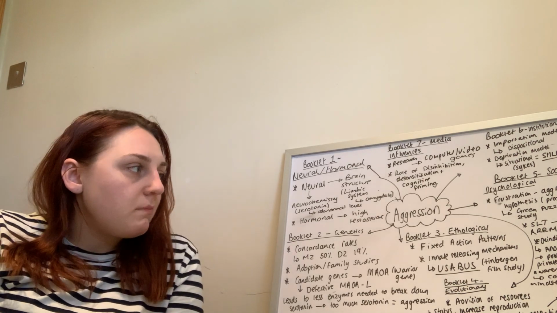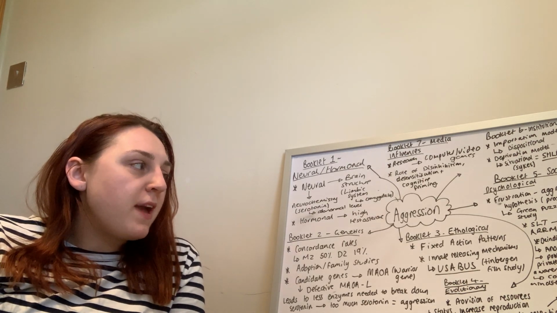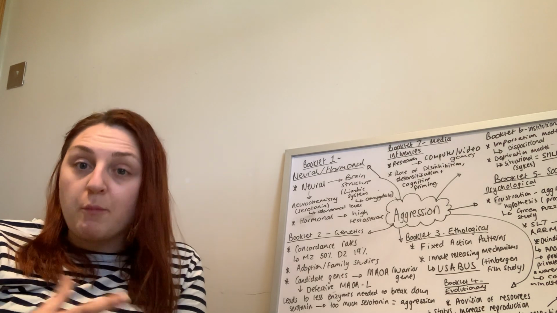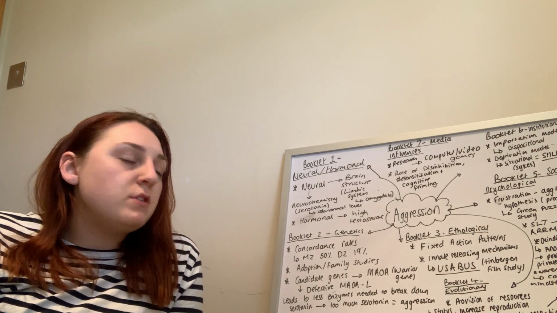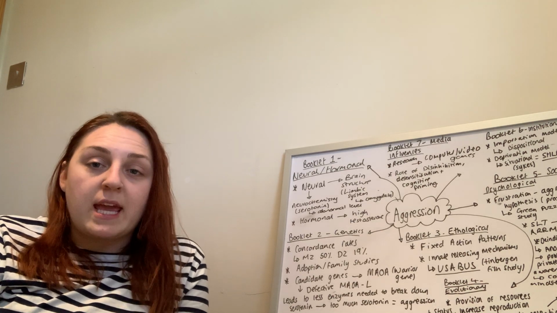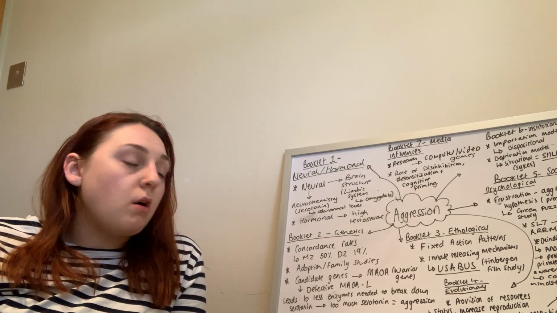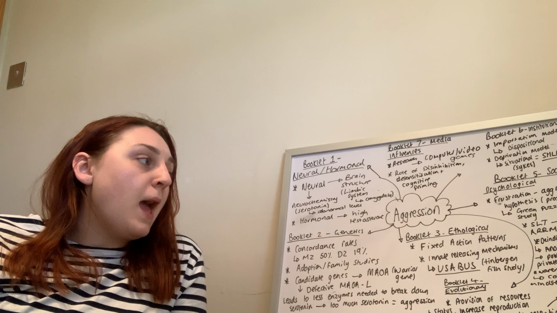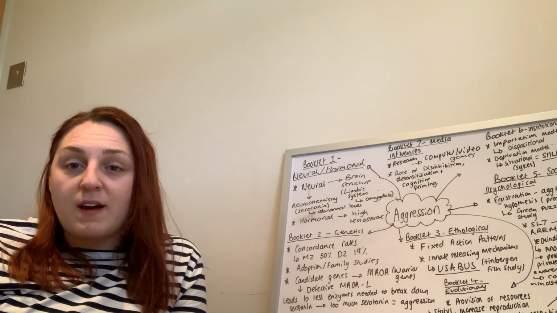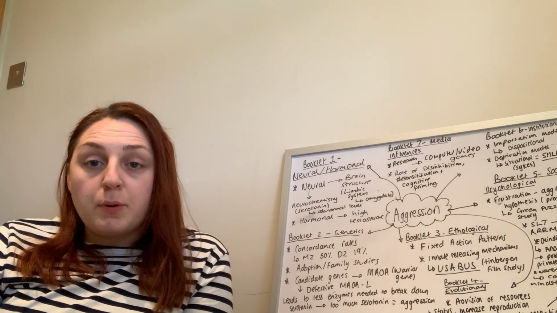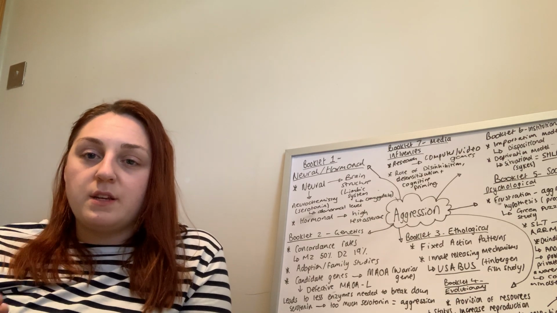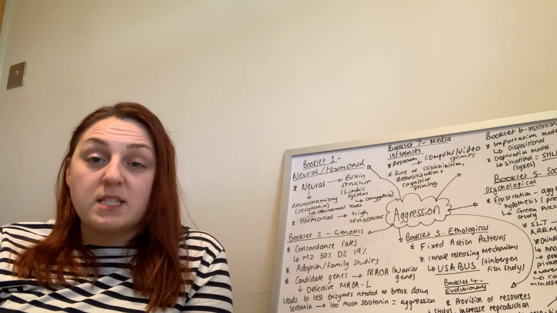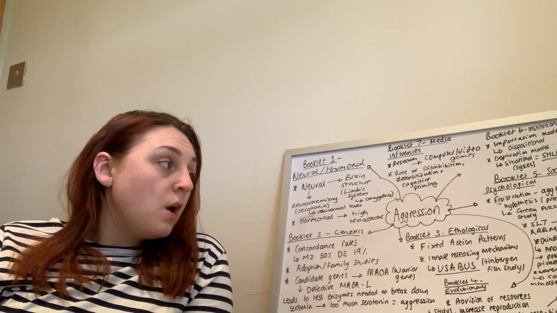Now, the key bit of AO1 for frustration, so you would explain what it is, like I've just done with an example. The key bit here is to use Green's puzzle study. So Dollard came up with the concept of frustration aggression, but it was Green who identified the key study about the puzzle. So this is the one with the impossible puzzle, the condition where participants get interrupted doing a puzzle, or where they get